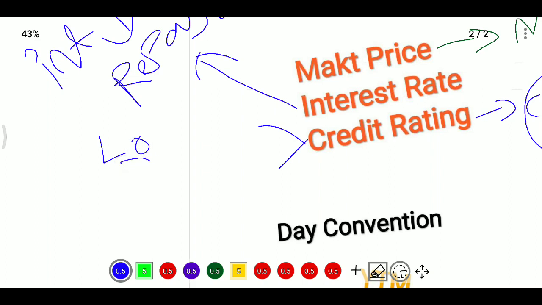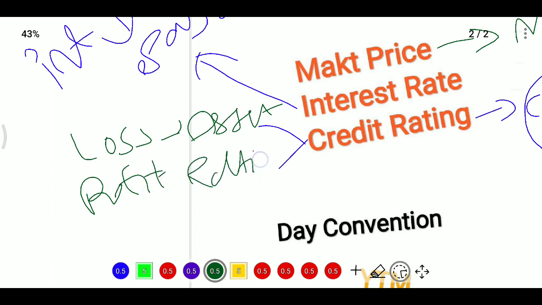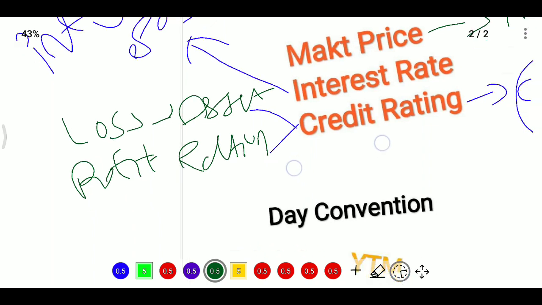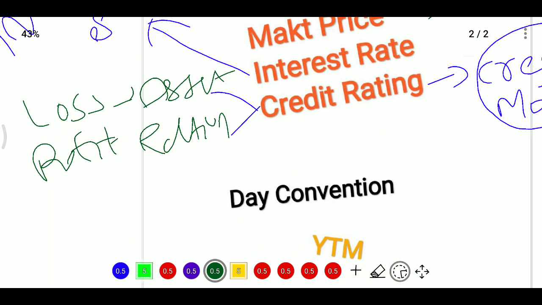Now if you are a startup company, after 2 or 3 years you reduce your losses and start making profits, so your ability to repay will increase, the demand will increase, and the market price will also increase. When a company starts making a profit and has repayment capacity, demand also increases, so their bonds' market price also increases.